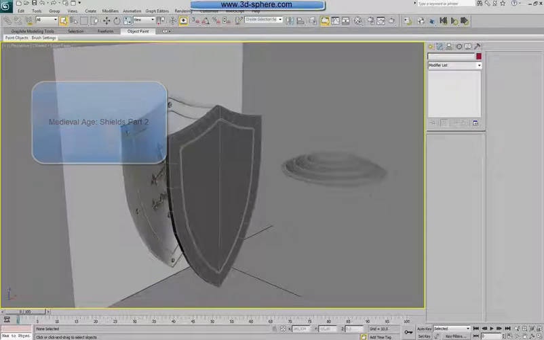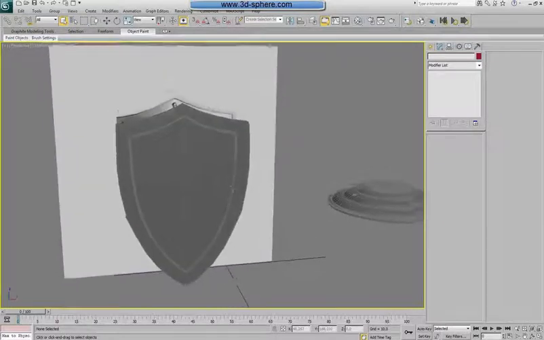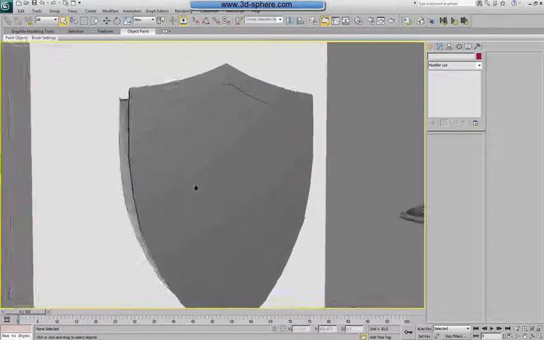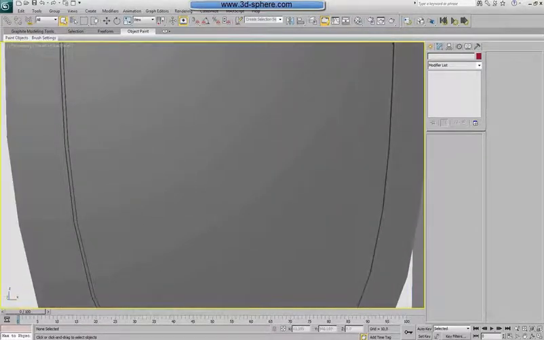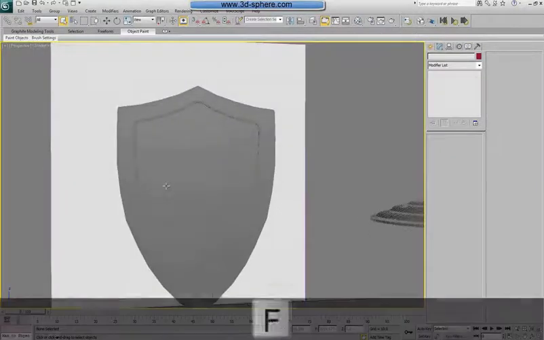So in the part before, we created this round shield, which was an ace, and after we started to create the second shield, which we will finish in a while. Also, a little bit later, after finishing the shield, I will explain some stuff here a little bit more. So let's go to front view,